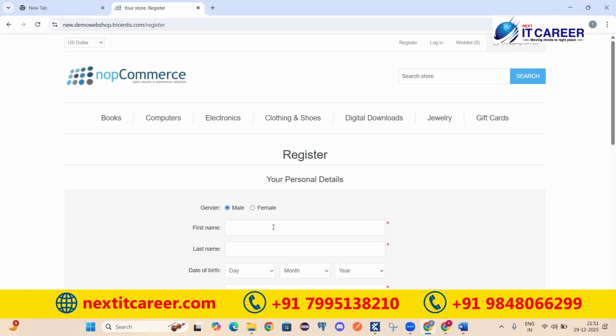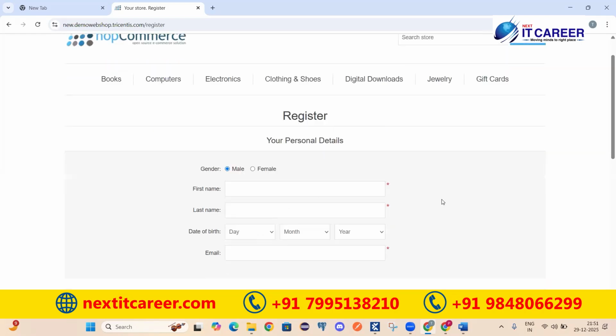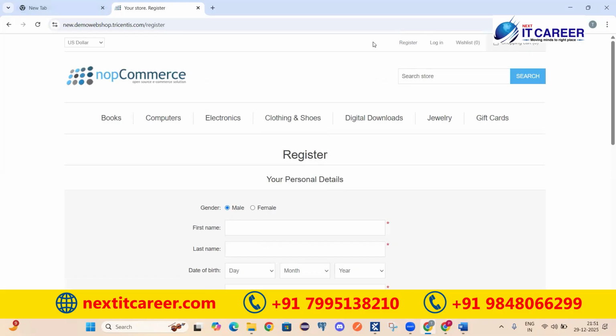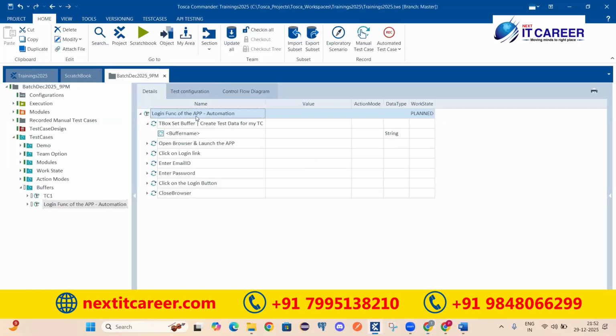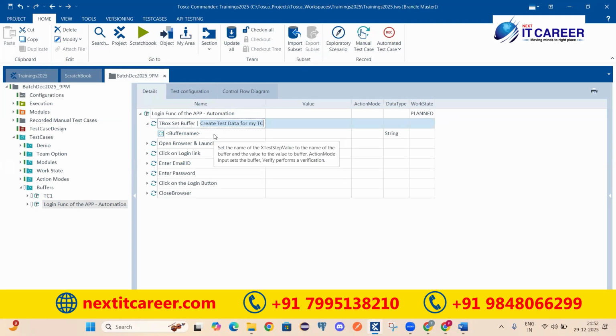So I have to give the first name into this first name text box field. If I want to test this, I should give some first name over here. Now, depending on whatever the requirement is, I would be giving that first name, and then the last name, and then selecting the date of birth, month, year field, and then email ID, and so on. So during this registration testing, what can we say the test data is? If we want to create the test data for that test case, what will be the data that we have to use